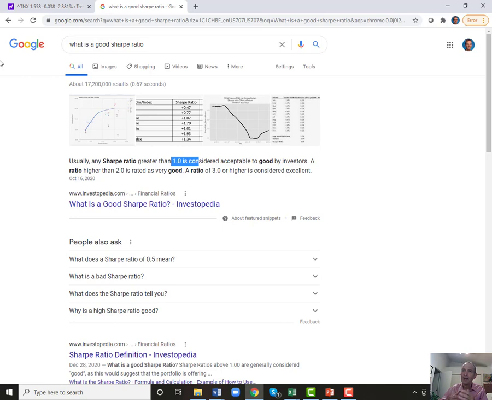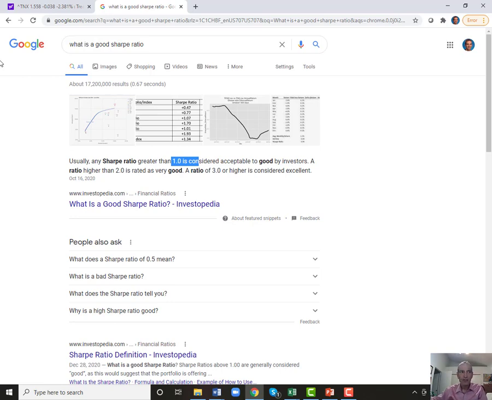So that is a little bit on your own, but if you can't Google and search something, then yeah, you're probably going to struggle in almost any business job. So I'm sure all of you are capable of doing a quick internet search on what Treynor means, what Sharpe means, what Sortino means, and what's a good and what's a bad ratio.